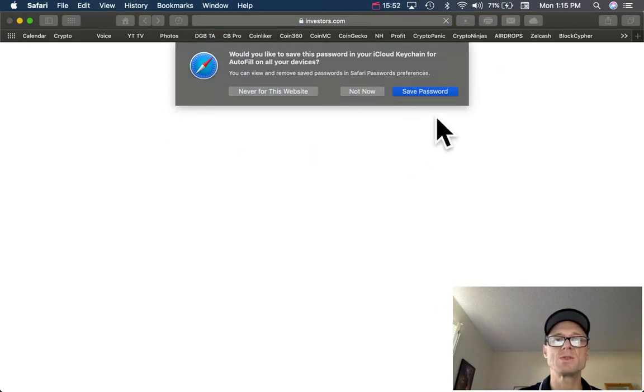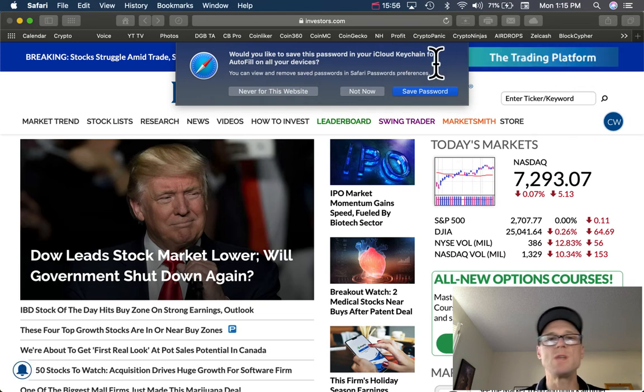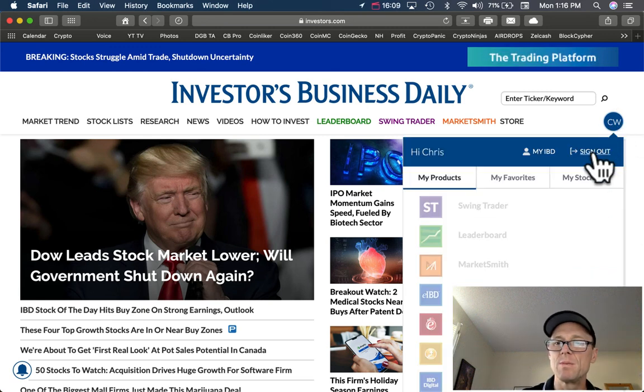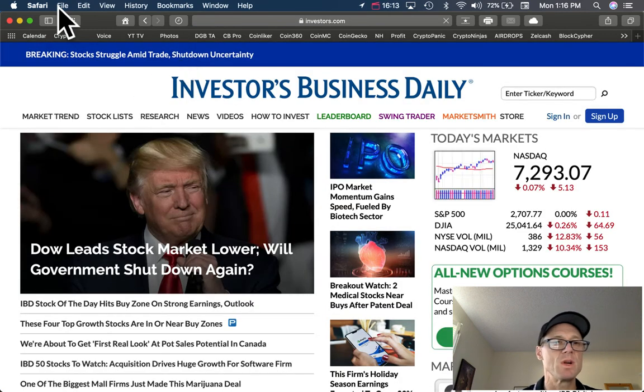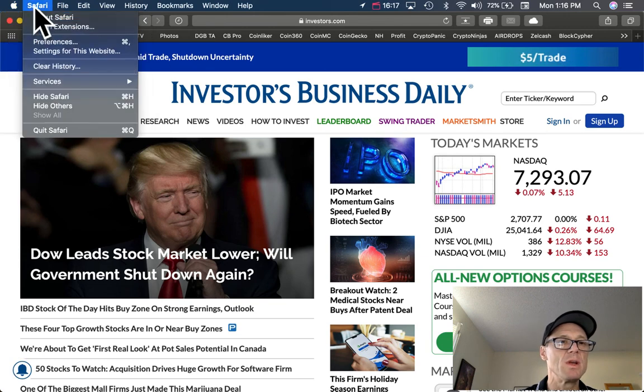And here is how Safari asks you. It says, would you like to save this password in your iCloud keychain for autofill on all your devices? And I can click save password here. And if I do that, then next time when I come to this website, it will be saved for me. Now I'm going to go ahead and log out right here, or sign out, same thing. Very good. I'm going to come up to Safari up here at the top left to look at my preferences,